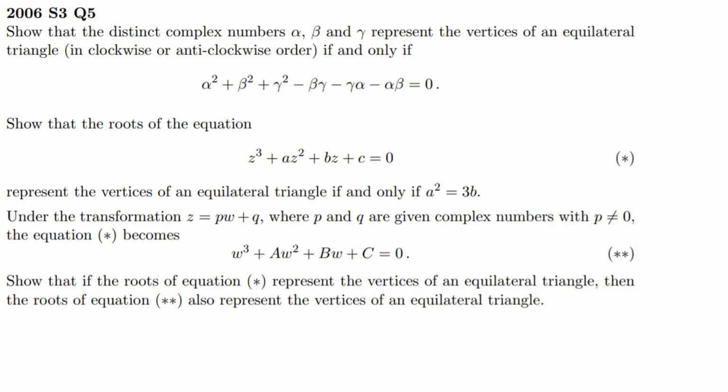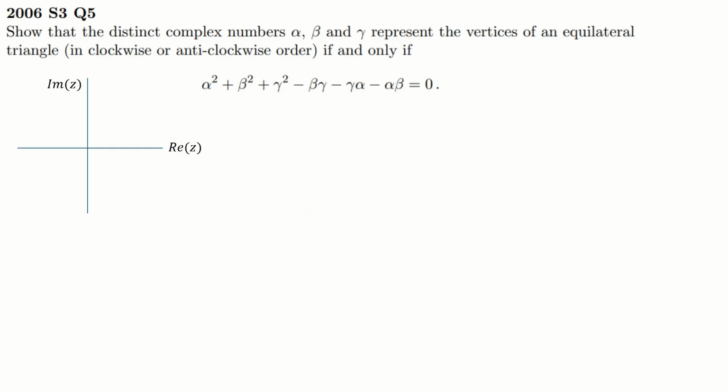The last of the step questions in the complex numbers booklet then. So we're asked about complex numbers representing the vertices of an equilateral triangle. So in other words, it looks a bit like this maybe, a triangle like that. Of course, it could be labelled the other way around. So instead of going alpha beta gamma clockwise like this, it could be alpha beta gamma anti-clockwise, a bit more like